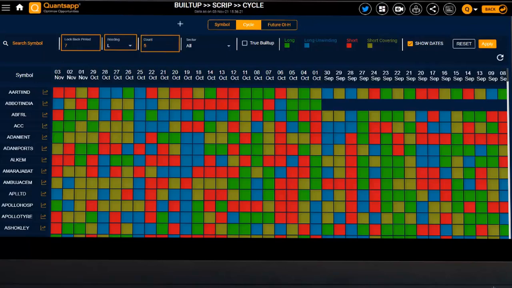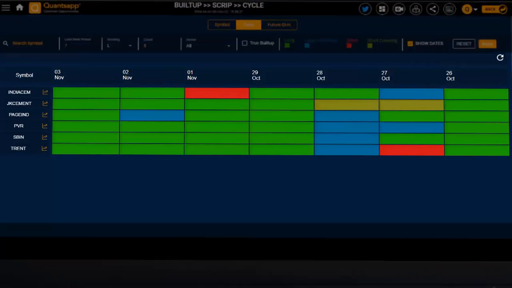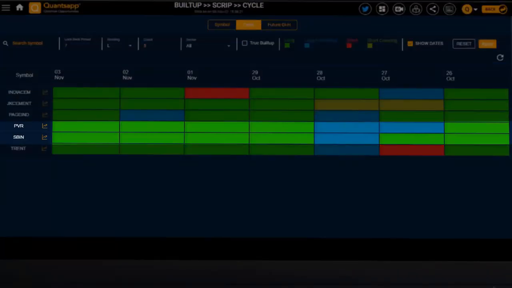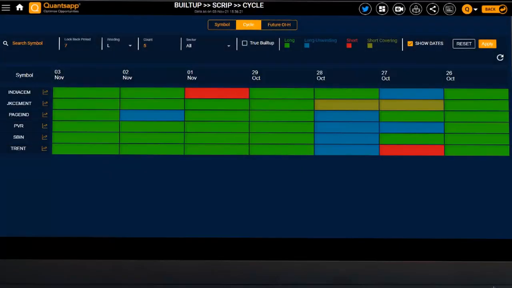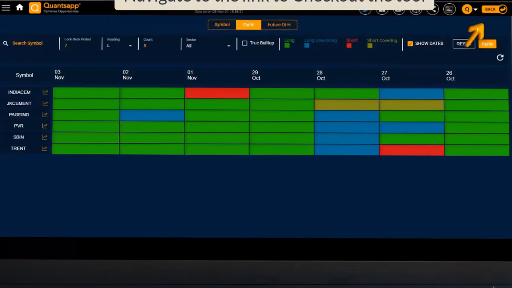And the moment I click on apply, all these are the stocks which are having a significant strength along with them. So if you focus on PVR, SBI, the dips are due to long unwinding moves and they are having a significant strength along with it. So let's pick up one of the stocks from here and understand the last panel, Future OIH. So build-up cycle, to repeat it once again, shows us the historical data on what the build-up was witnessed, where we can identify the strength of an instrument. Further, we can also scan the instruments as per our desired build-ups over there.